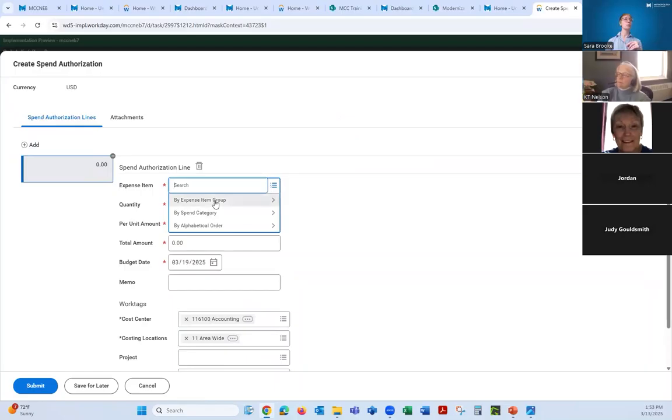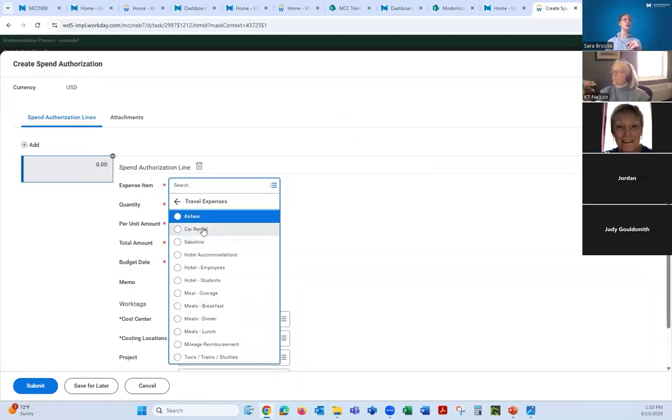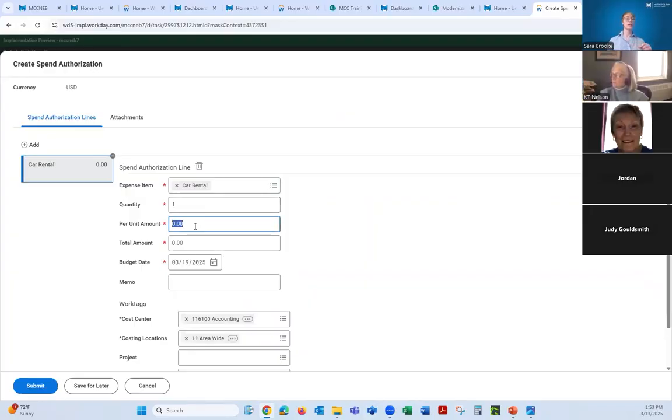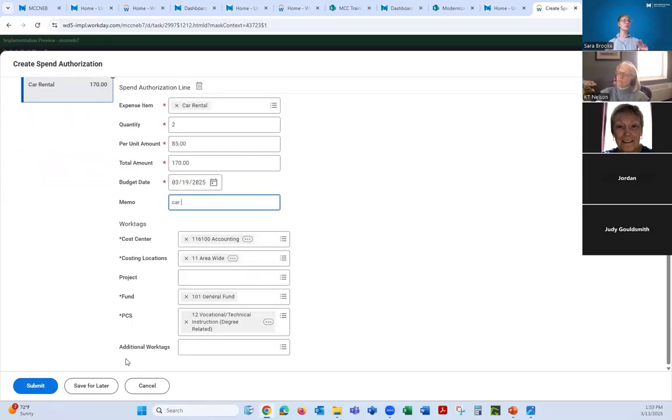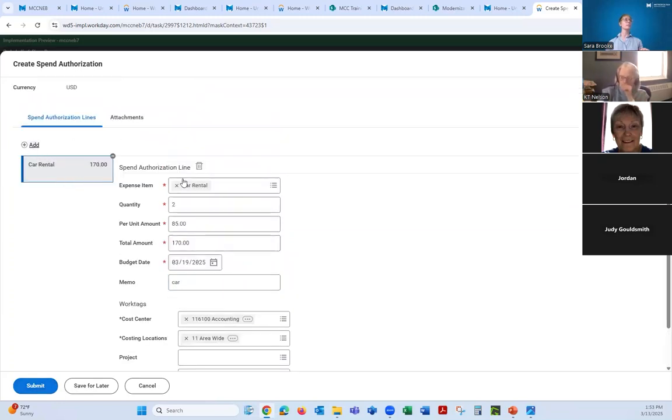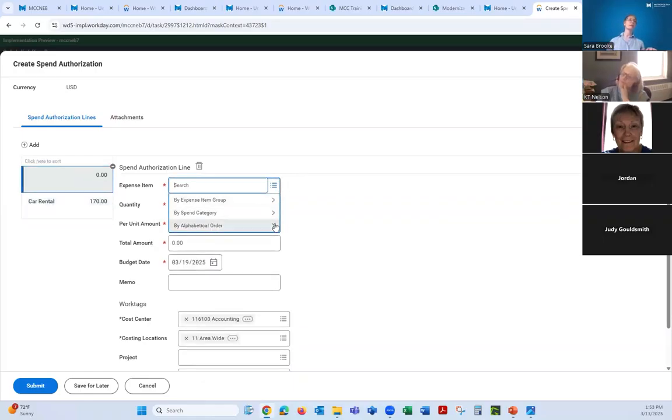So maybe let's add a couple. Let's add a travel. Let's add car. And maybe we expect it to be like 85 a day, and we are going to have it for 2 days. But we want it to be 85 a day, I think. And then we'll see if it can give us that total. All right, so we've got our costing information in here, and we are going to hit the plus sign. So we've got our car rental here. We've got our plus sign here. Maybe let's take a look and see if we can put in